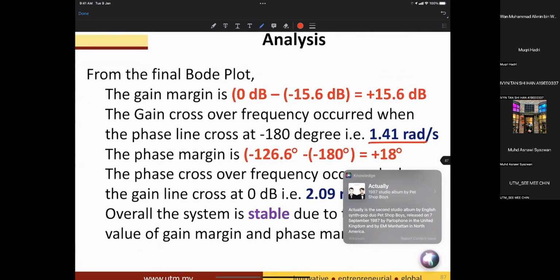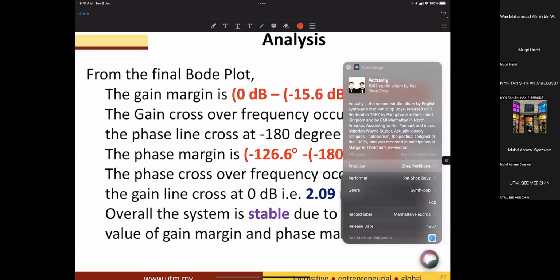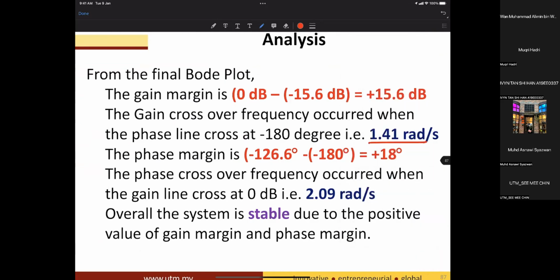1.1. Actually is the second studio album by English synth pop duo Pet Shop Boys, released on the 7th of